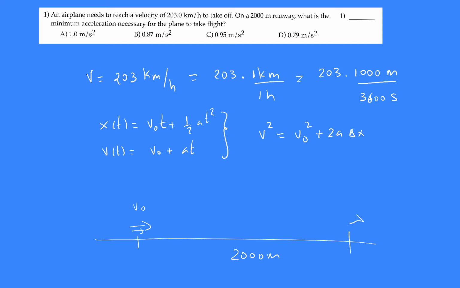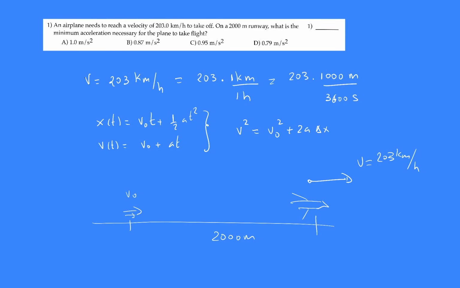Now the airplane must have velocity v equal to 203 kilometers per hour. If it doesn't have this amount of velocity, it cannot take off. So it needs this amount. So it means that there is acceleration here, because it starts with initial velocity 0. So the plane is here with initial velocity 0 and it has to end at 203 kilometers per hour after